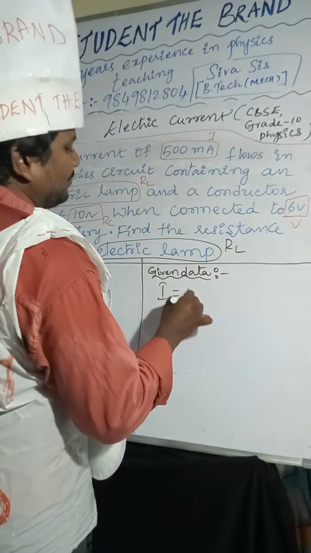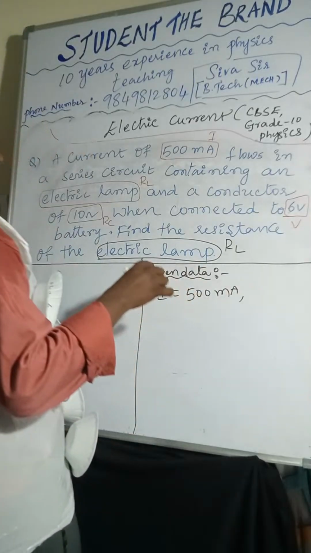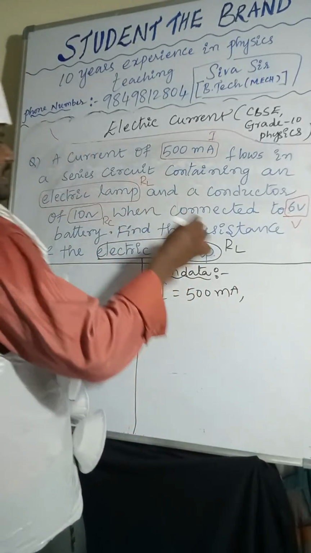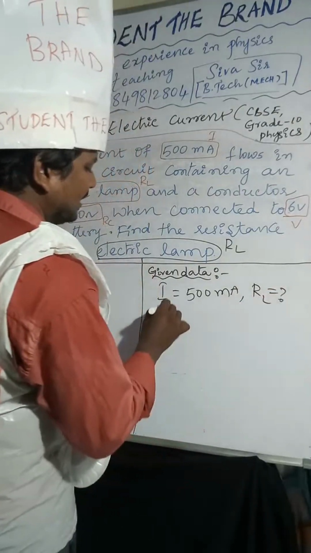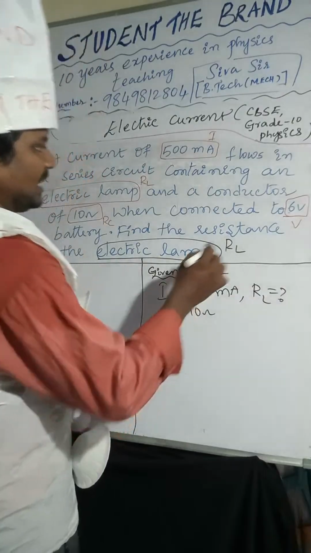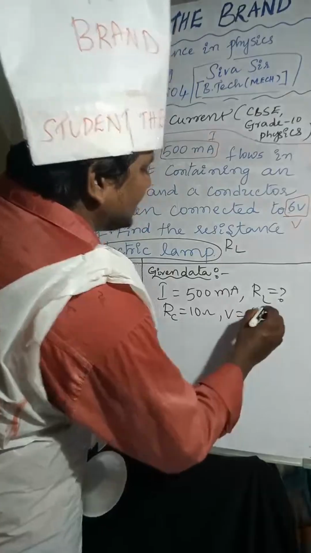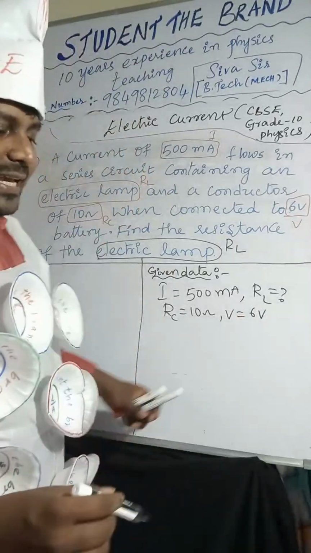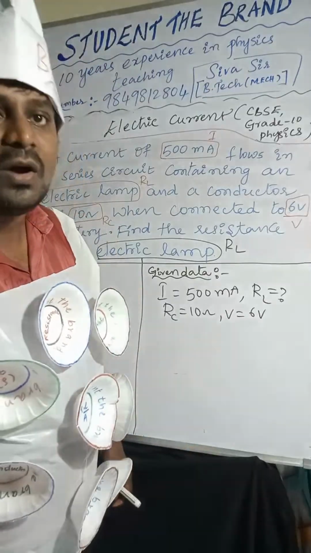Given data: I equals 500 milliampere, and the circuit contains an electric lamp. So we have to find out RL. But RC is given. RC is how much? 10 ohm. And the potential difference we know, the potential difference is 6 volts. So by seeing the data given in the problem, you have to identify the